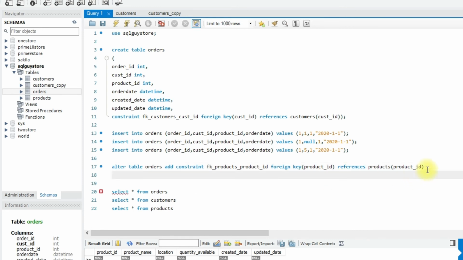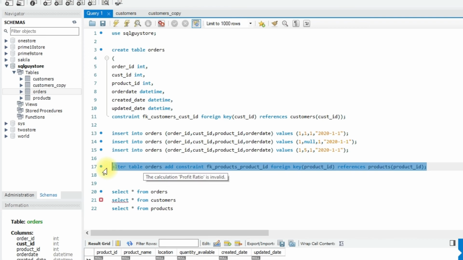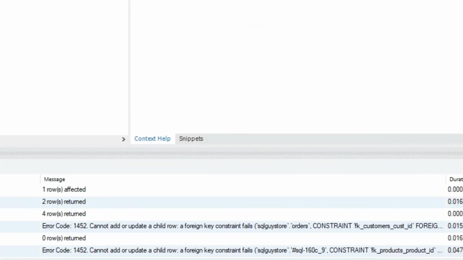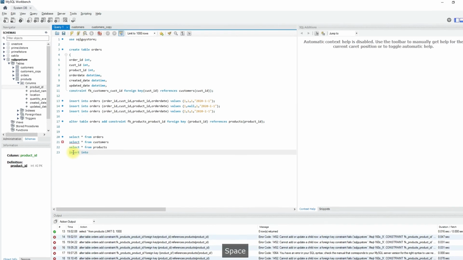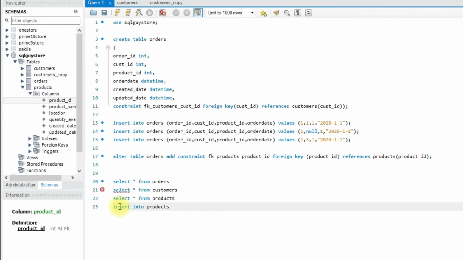So let me run this query now. We got some error here. So I think we need to add some data to the products table. Let me insert some data into the products table.